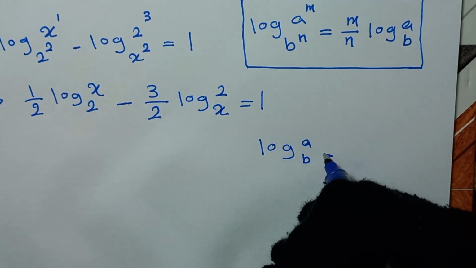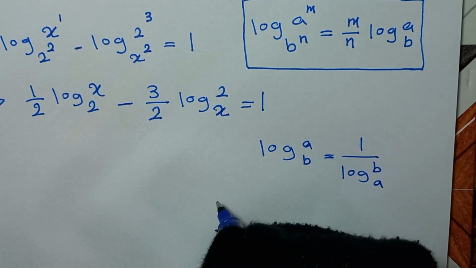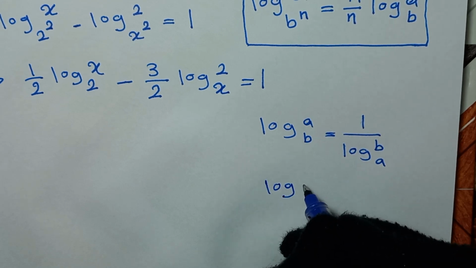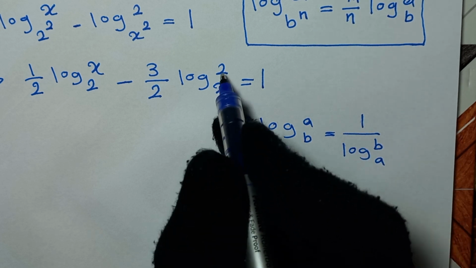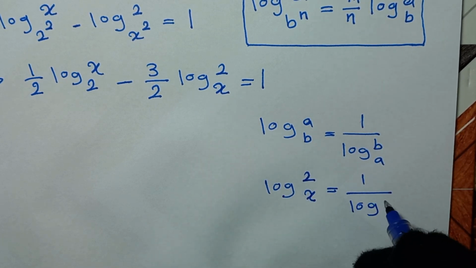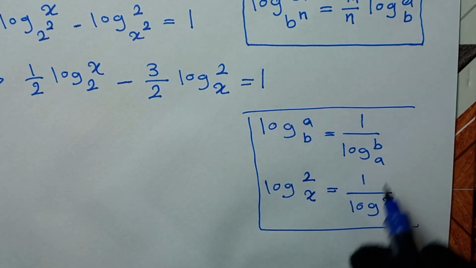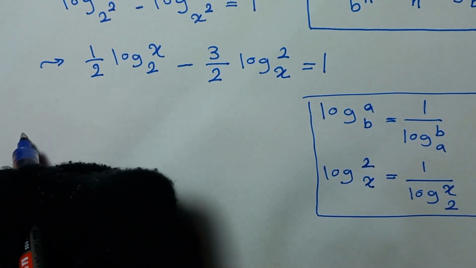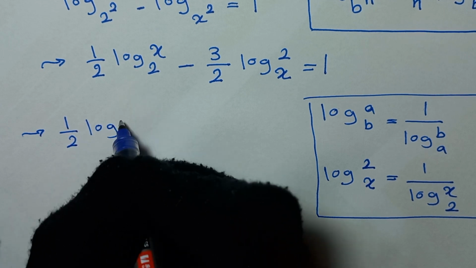So, in the next step, as you know, if we have log of a to base b, this is equal to 1 over log of b to base a. So from this formula, log of 2 to base x is equal to 1 over log of x to base 2, right? So we substitute this in this equation and it will be 1 over 2 times log of x to base 2